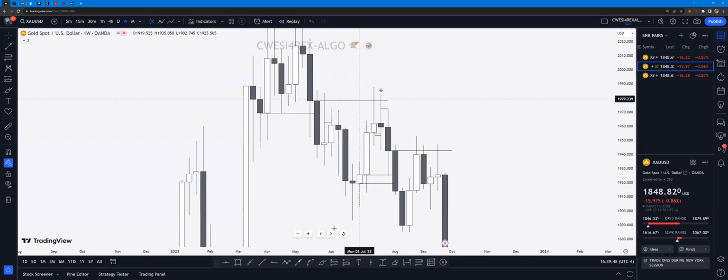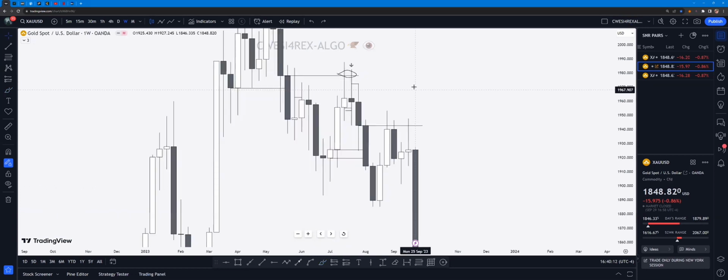So we don't blindly set our limit order here for price to come, because price is moving from a weekly to weekly and we take our position up. We have to refine this level, okay? We have to refine it and see where possibly price is going to react from. Okay, good.